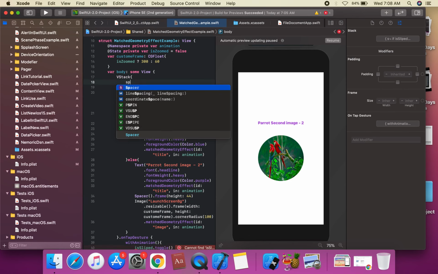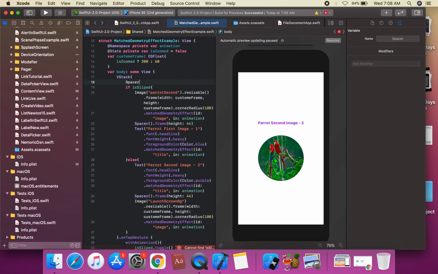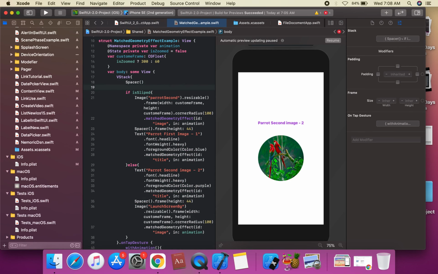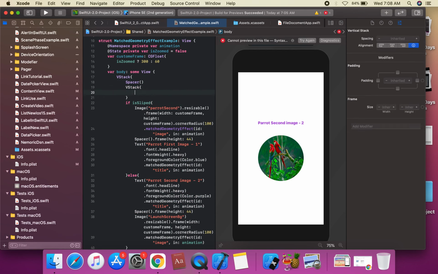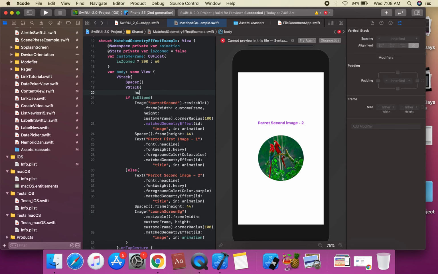We're gonna assign on this spacer, and we're gonna create on this vstack, and we're gonna create on this hstack, and in these properties, hstack. On this hstack, we're gonna remove the slipped properties.